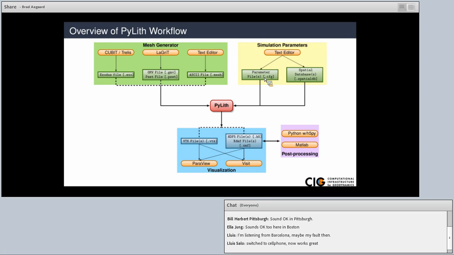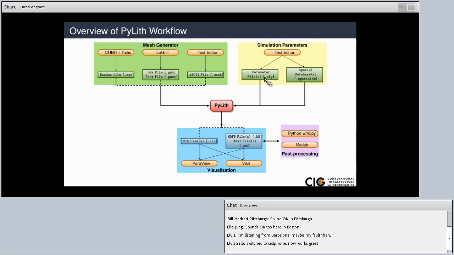Anytime we have a spatial variation in the parameters, we use a spatial database. These can be as simple as a few points that give a linear variation of some function, say density as a function of depth, or